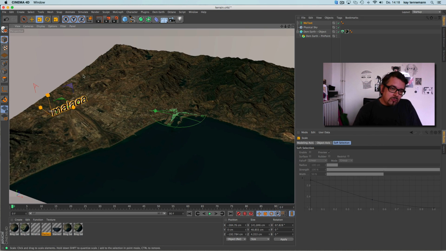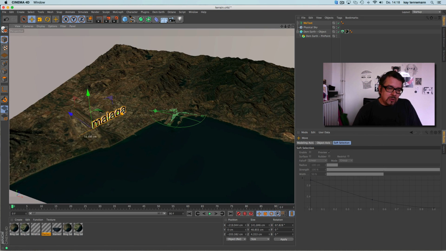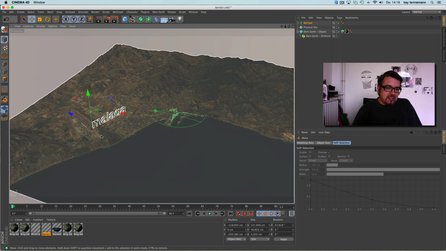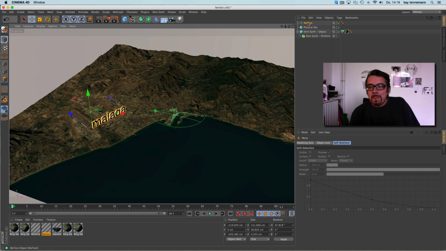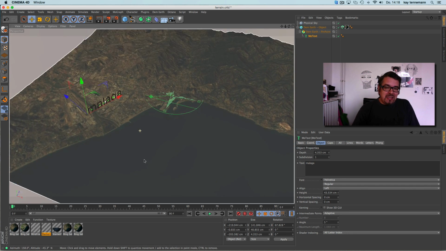Then you can get any object. By the way, Malaga, this is the airport, you see? It's very interesting. It's coming in the ocean. Malaga is more or less here, and this is a big airport. Give this any object, again a child under the pinpoint object, and now it's pinned on the map.